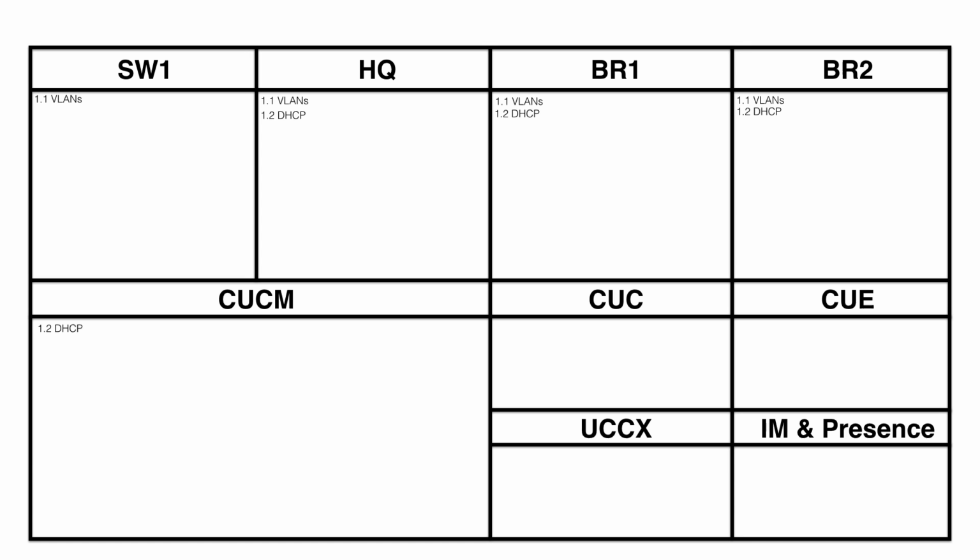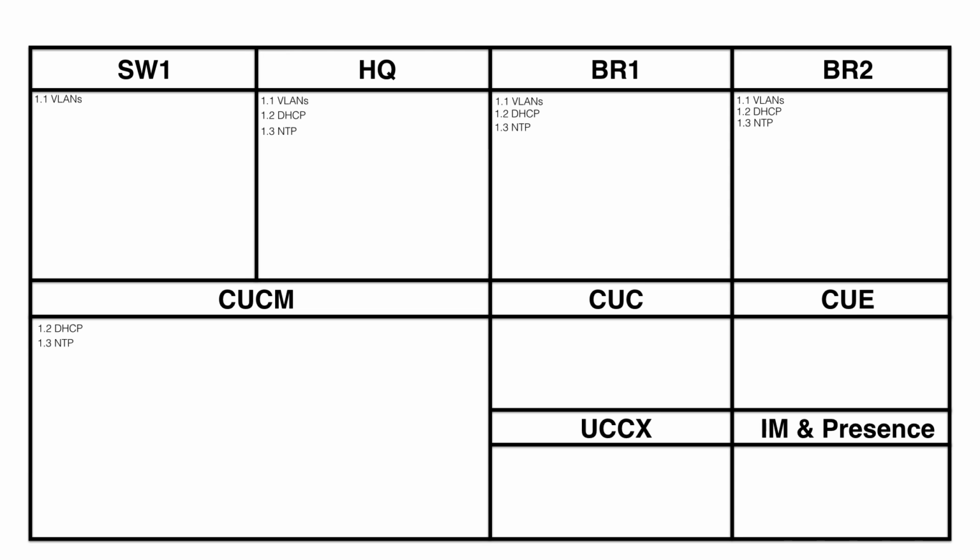Our next task deals with NTP, Network Time Protocol. And we see that this should be configured on the HQ router, the BR1 router, and the BR2 router. And a note in the task that we're given different time zones for each of these different routers. We also want Communications Manager to be configured with NTP. Communications Manager, after all, is going to be giving out time to the IP phones that have registered with our